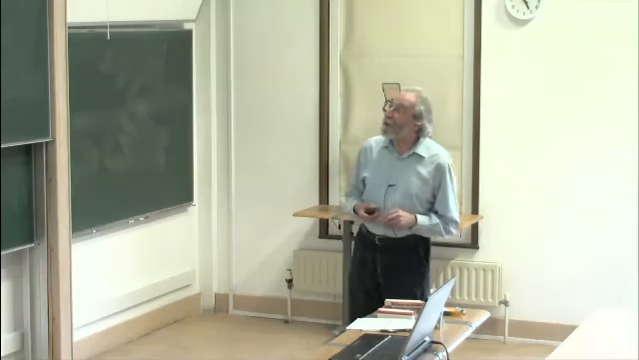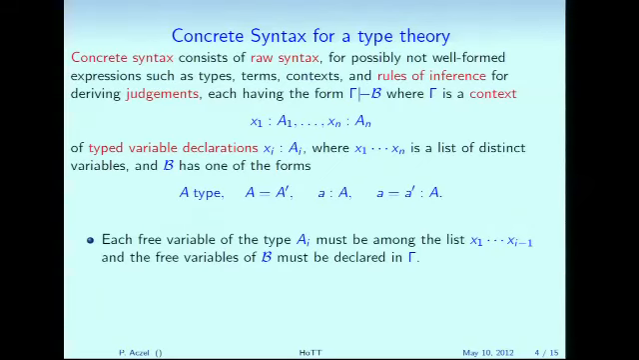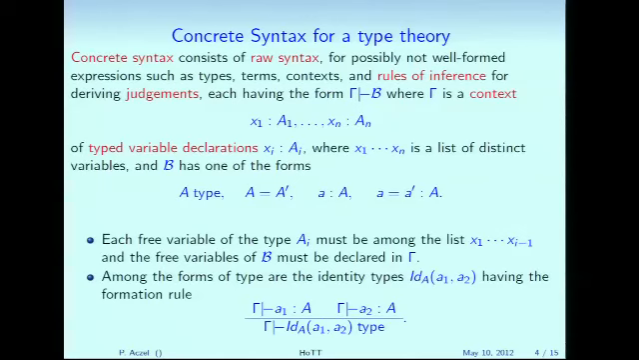There are some constraints. Each free variable of the type A_i must be among the list x_1 to x_{i-1}. You may not be used to having types involving free variables, type expressions involving free variables, and that's the whole point of dependent type theory, is that type expressions can involve free variables. And the free variables in B must have been declared in the context. Among the forms of type, there are many forms of type. There are pi types, sigma types, etc. But among them is a particularly important type for homotopy type theory, identity types,